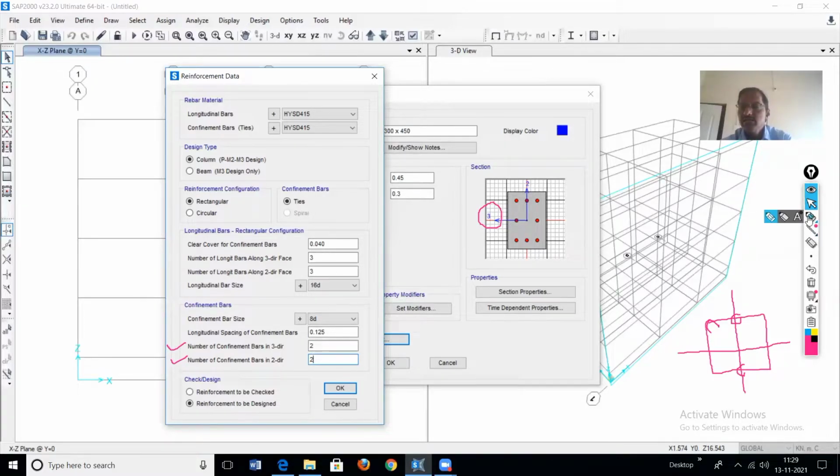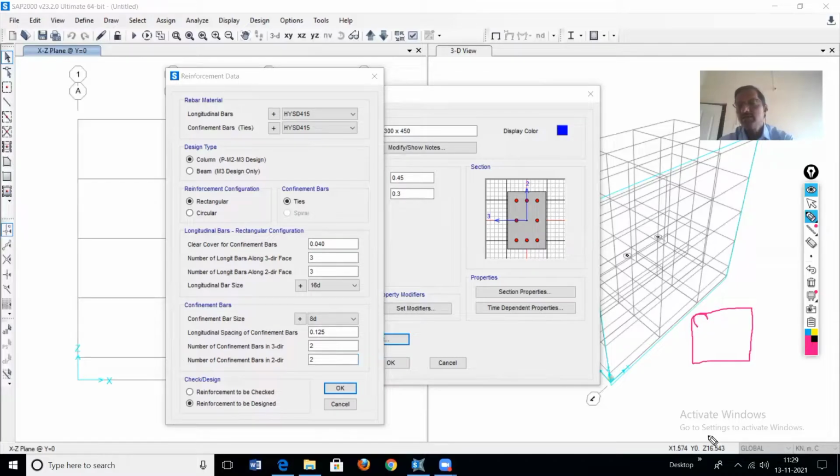So here, which information is to be filled? This is about the lateral ties. What is our configuration? Sometimes the configuration is made like this. I will explain more detail about this. Normally if we put like this, then 2 will be there. Sometimes some will provide some extra additional ties to increase the confinement.